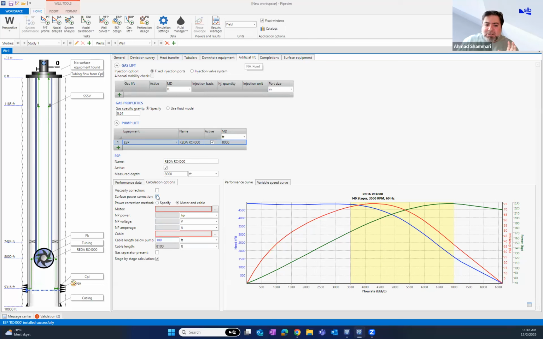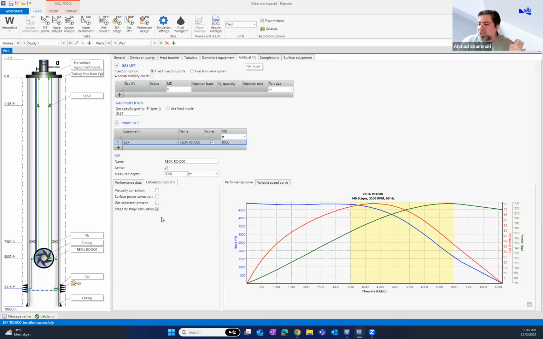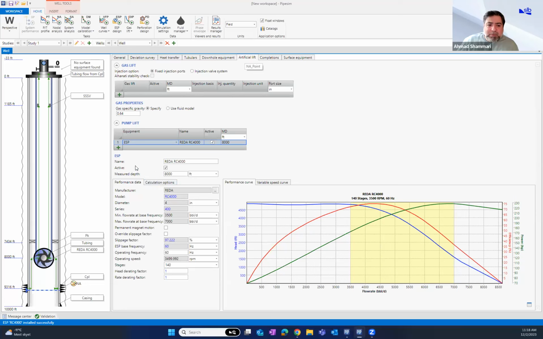But I'm not going to do that. So let me just uncheck. Let me just focus on the hydraulics now. So this is the pump data. This is the number of stages. Now, if I go to my nodal analysis,